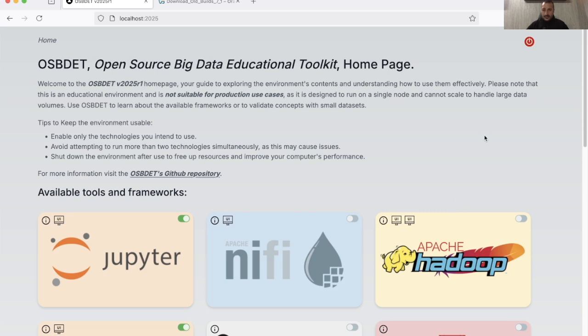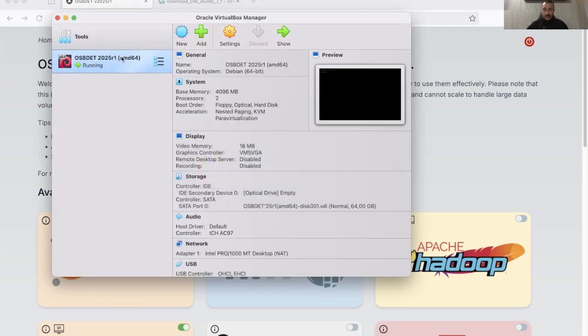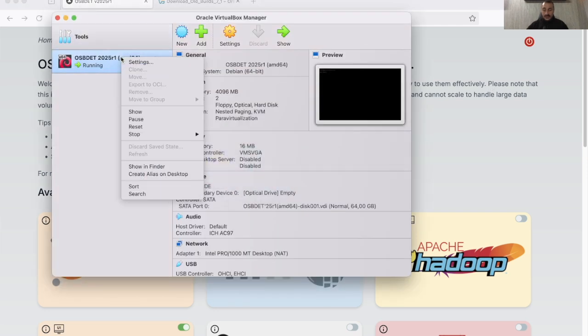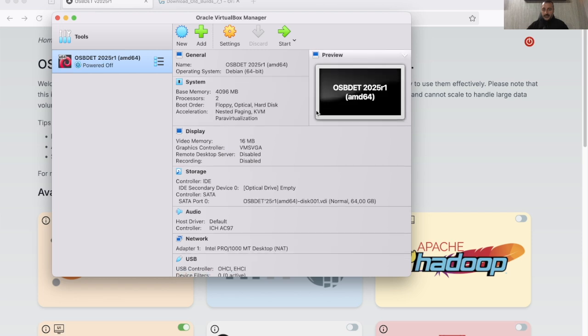You should shut it down to release all the resources and use your computer for some other tasks. You have two options. You can click this icon, this button in here. This is going to switch it off. Or if you want to do it manually, you can right click, and actually this is what I highly suggest, stop, ACPI shutdown. So as you're realizing, we are not interacting with the black box, with the black window, basically we are not using it. And we are using the user interface or this web interface or the VirtualBox manager all the time, which is going to be much easier to do,